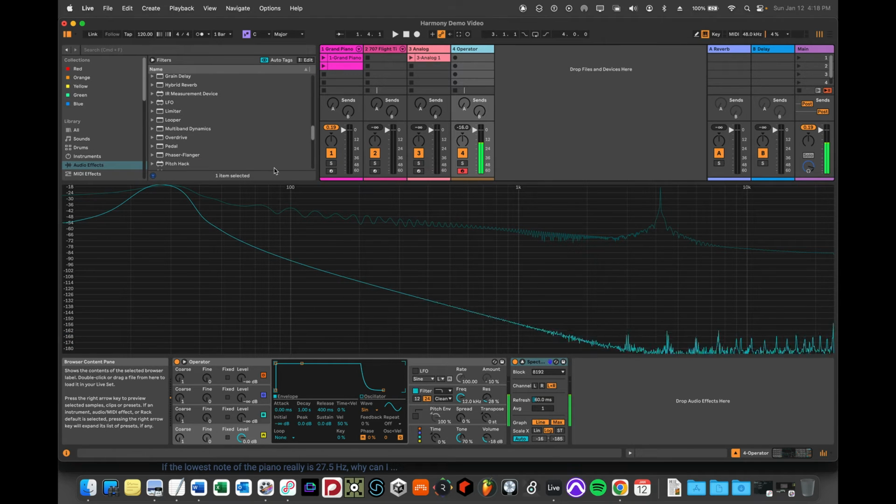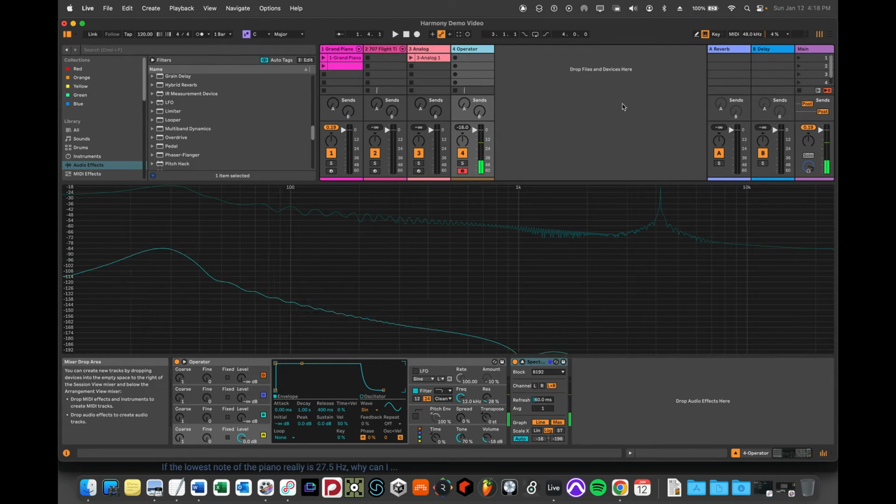Now, because this is an artificial instrument, it's not a natural instrument, and it's not trying to be one, there is very little other sonic information except there's some noise going on at a very low level up here in the extreme end. That's just kind of an artifact of the plugin. I don't think it's intentional.